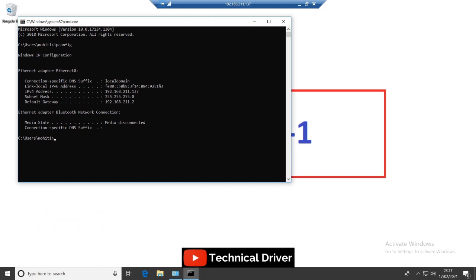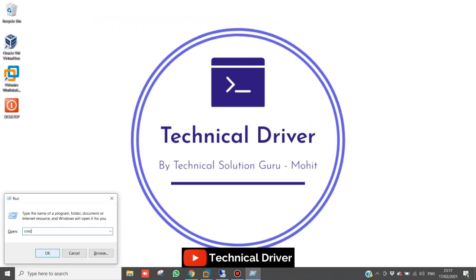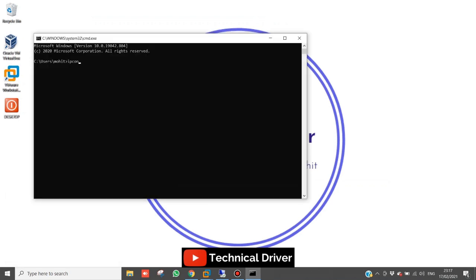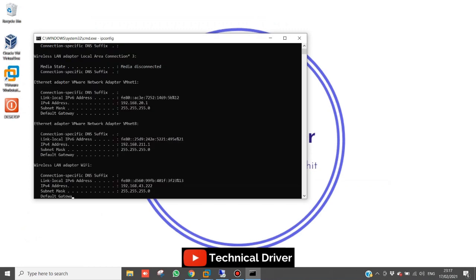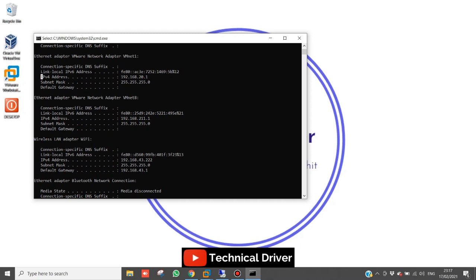You can see here the IPv4 address is 192.168.211.137, which I have taken on remote. This is my main machine, and the IP address of this machine is 192.168.20.1. I am going to set my virtual machine timings from my server.